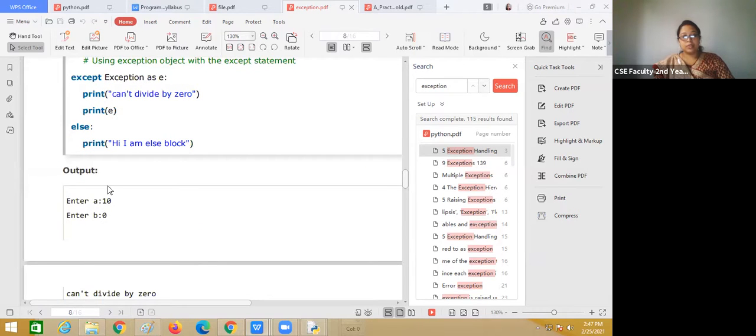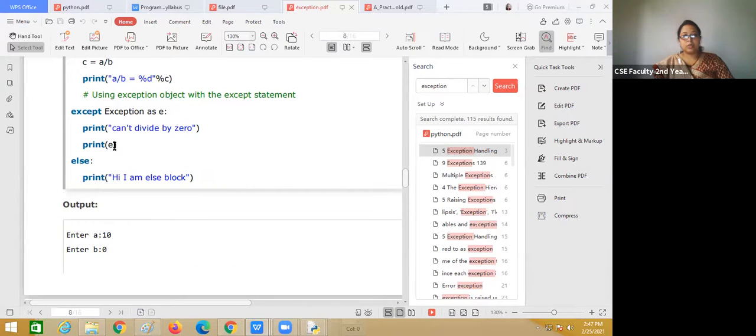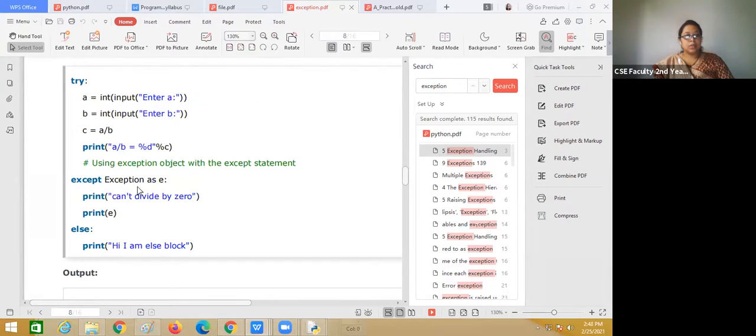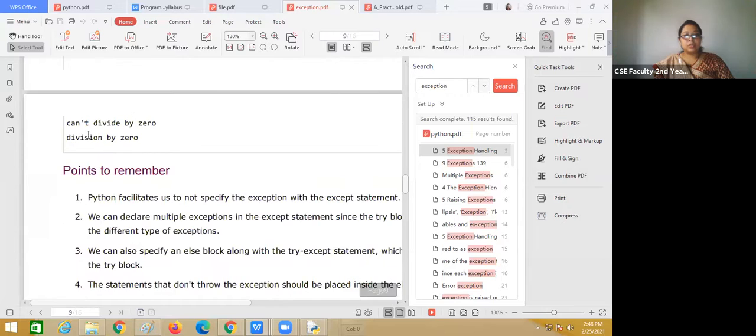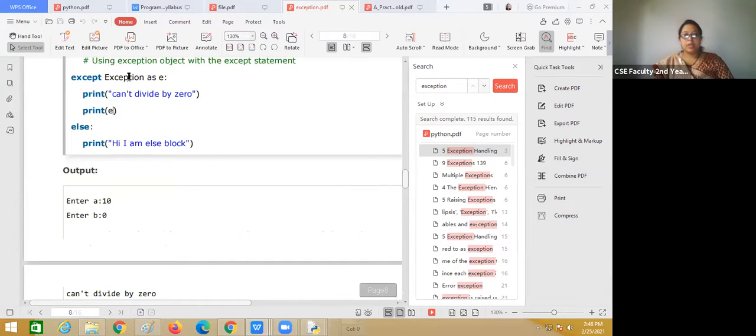Division by 0, "can't divide by", and it will give us the division by 0 error. Here you can see they are using the name of the exception as e. So it will print "can't divide by 0", and it will also throw the original exception.